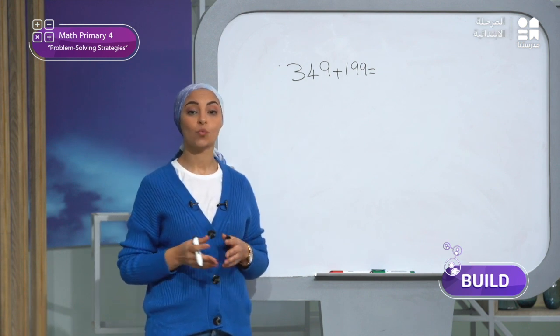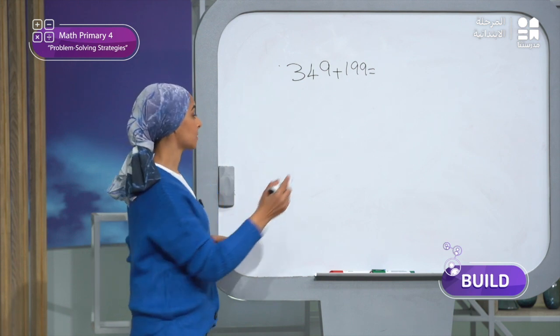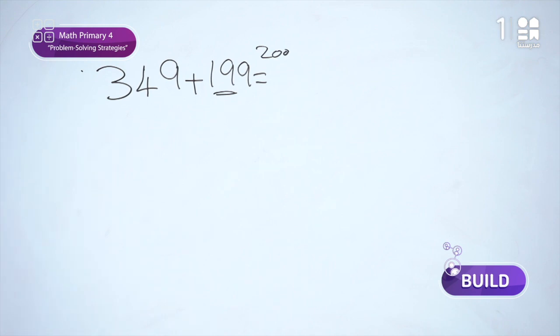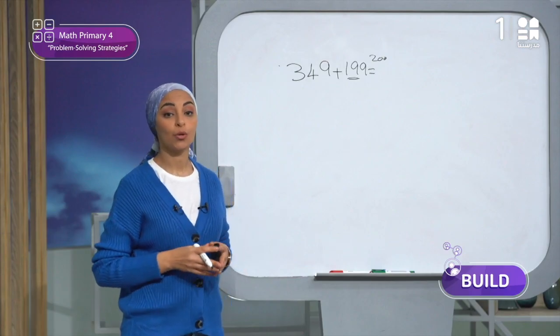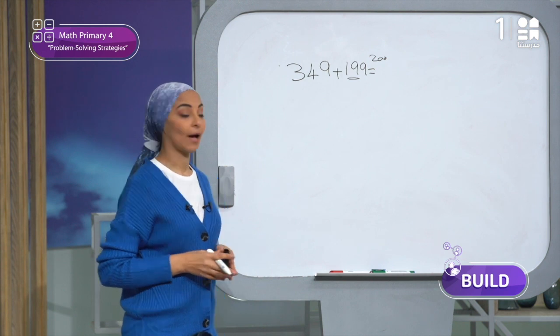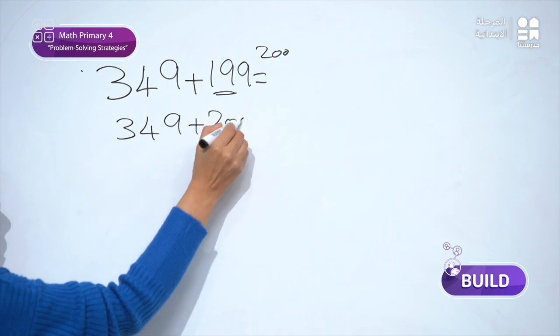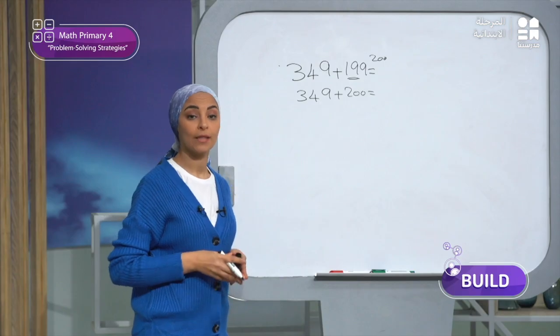Using the compensation strategy to get a benchmark. So, if we add 1 to 199, we will get what? Yes, we will get 200, right? Then, what should I do? We could then add it to 349. So I will do 349 plus 200 equals what? Yes, when I add these two numbers, the answer will be